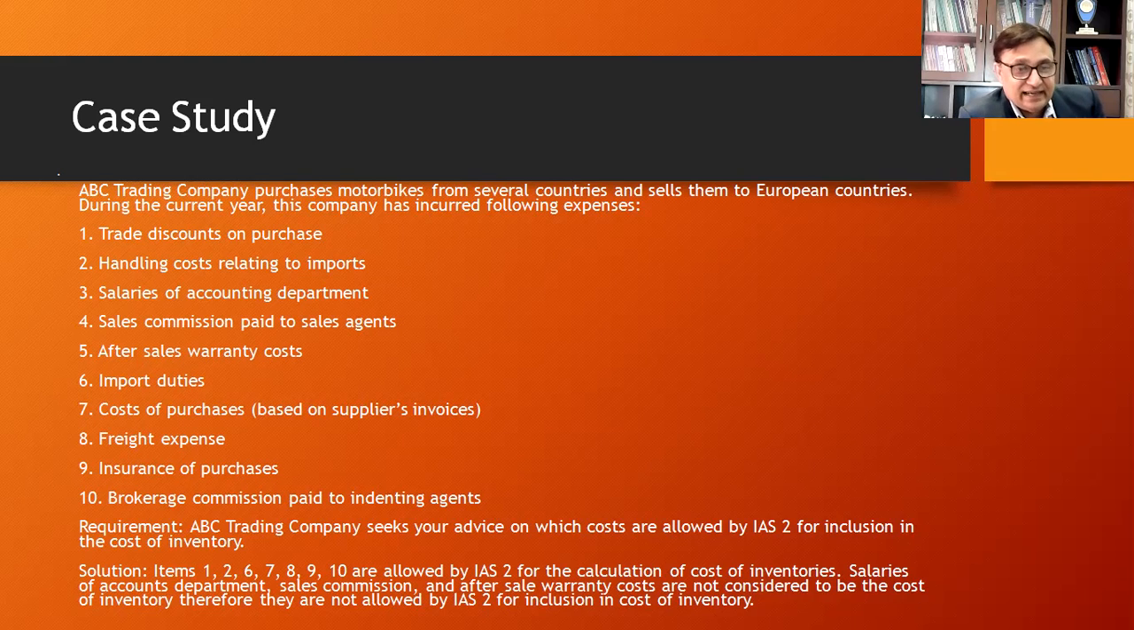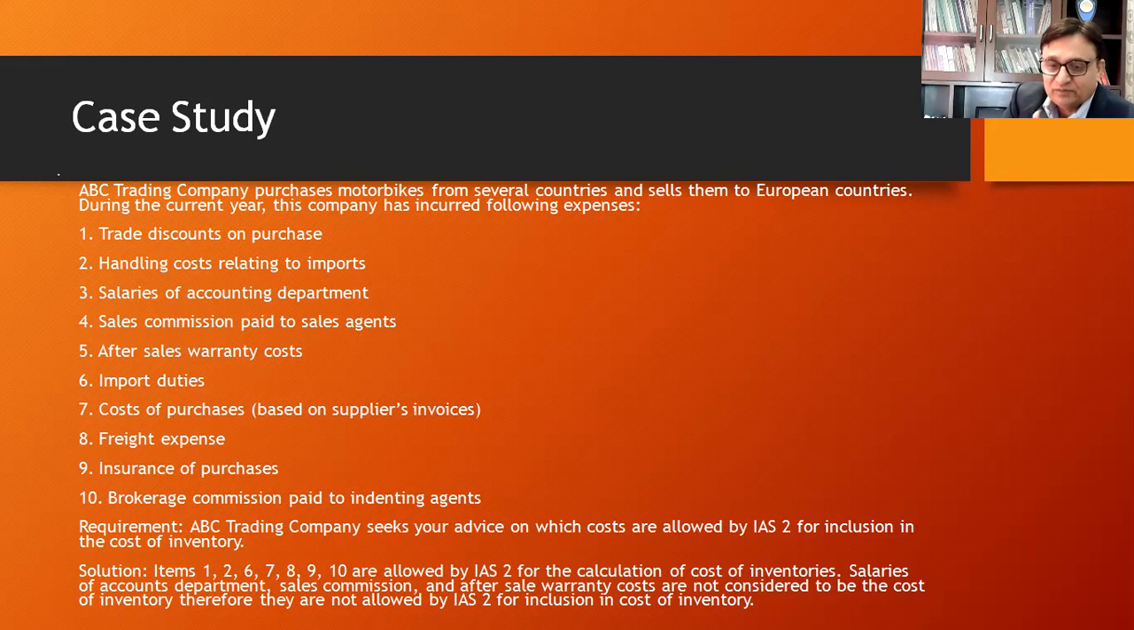So here the item number one will be deducted from the total cost because it's a trade discount on purchase. Item number two, handling cost, will be added. Item number 3, 4, 5 are not part of the cost of inventory. Item number 6, 7, 8, 9 and 10, they are allowable for the calculation of the cost of the